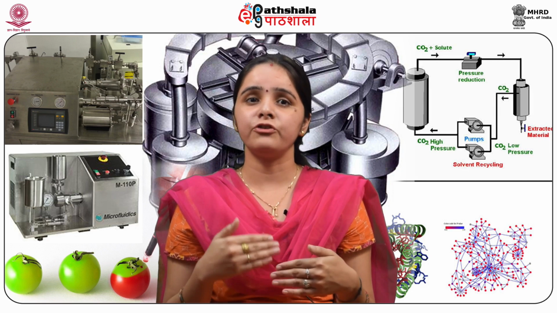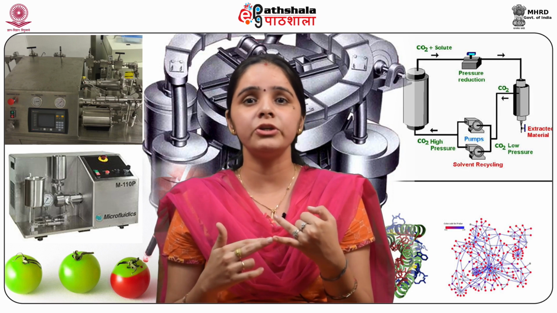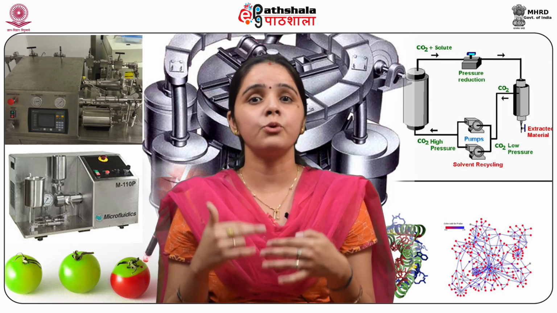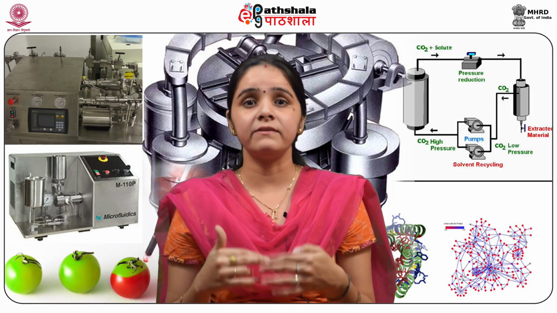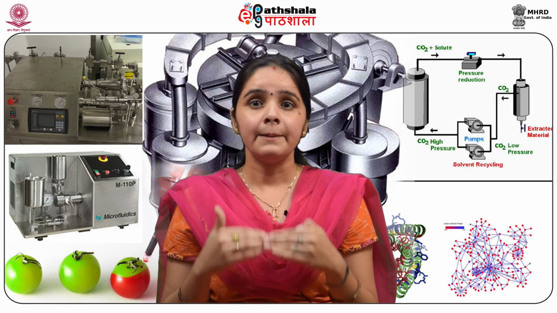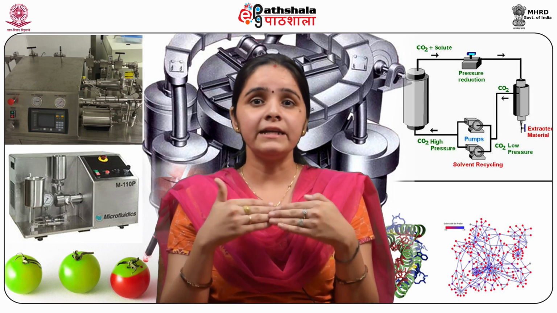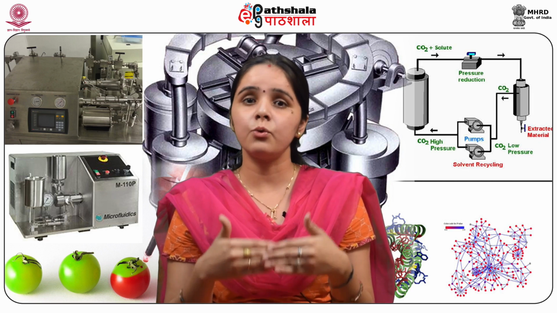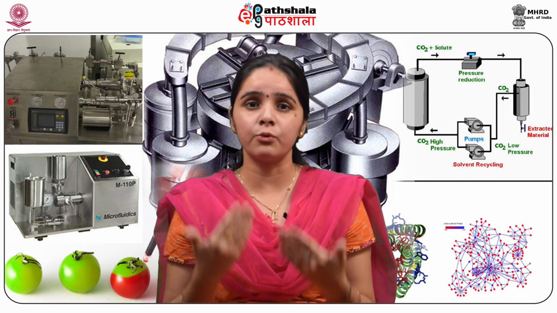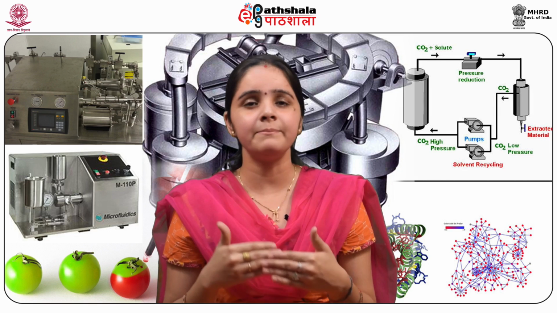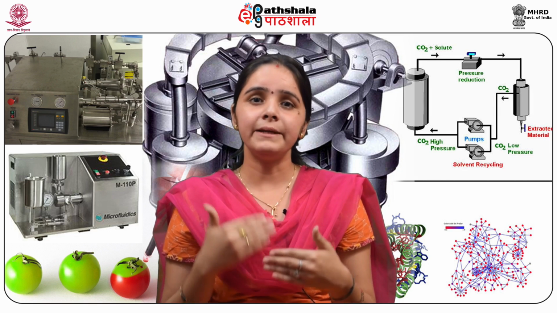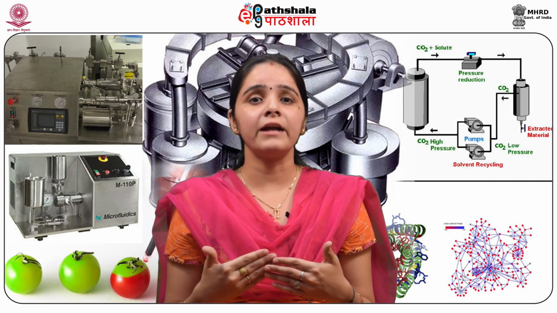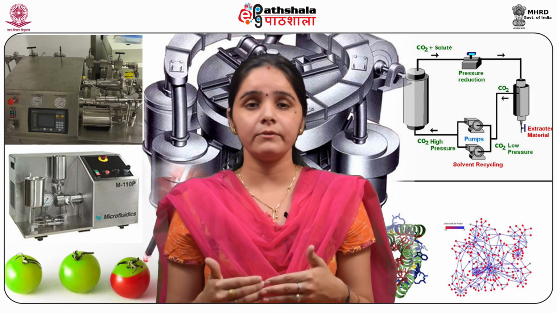Second, four carotenoids named beta-carotene, alpha-carotene, gamma-carotene, and beta-cryptoxanthin possess vitamin A activity. Means in the body, these carotenoids can be converted into vitamin A. As you all know, vitamin A is required for vision in the dim light. Third, beta-carotene protects the human body against different kinds of skin cancer.